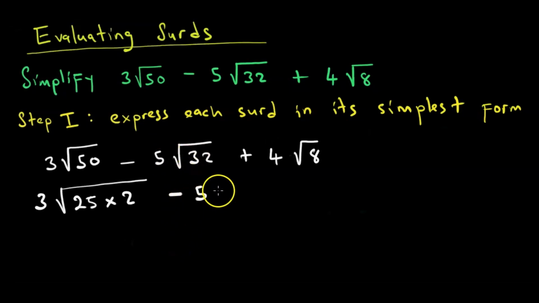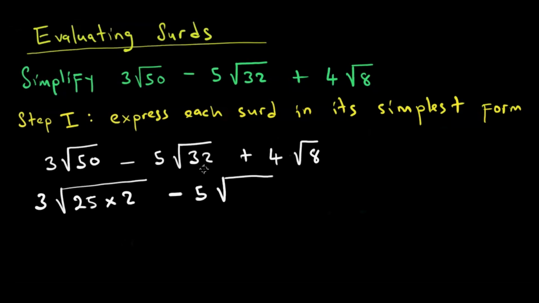Then we come here. This is minus 5 and is the square root of what? Can we think of any two numbers, one of which should be a perfect square, which we multiply, replacing 32? We need two numbers to replace 32 and multiply, but one of them should be what? A perfect square. Let us do some brainstorming. What about 9? It's 9, 18, 27, 36. So 9 does not work. What about 4?